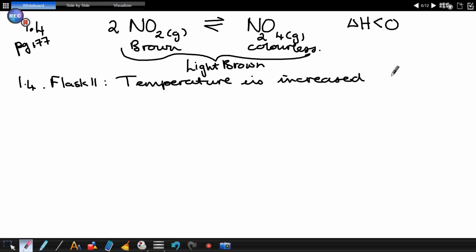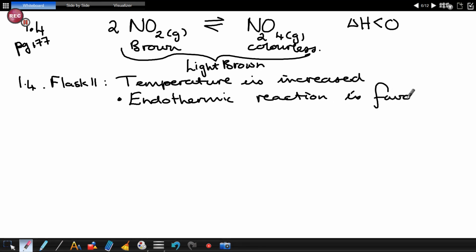Right. If the temperature is increased, which reaction will be favored according to Le Chatelier's principle? The endothermic. So the endothermic reaction is favored. Which one is the endothermic reaction? The reverse. So the reverse reaction. So the equilibrium will shift to the